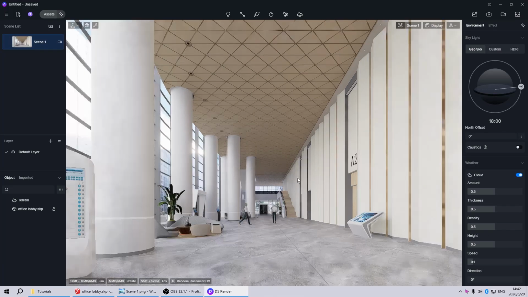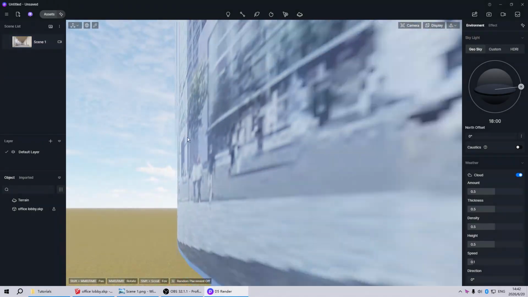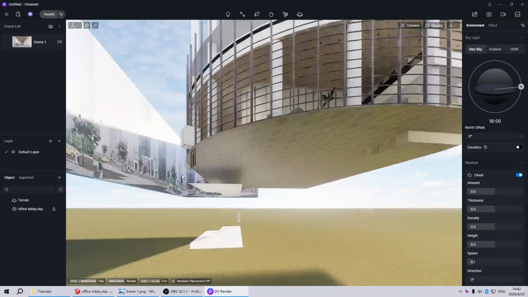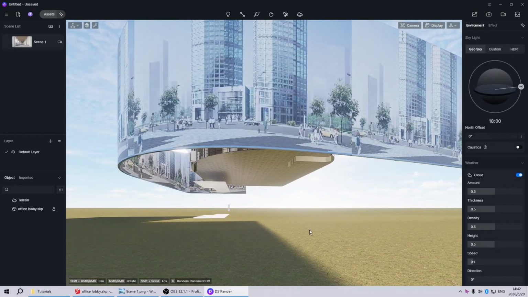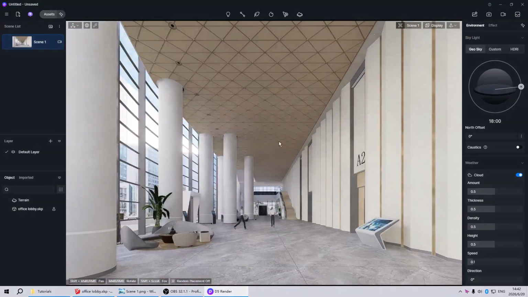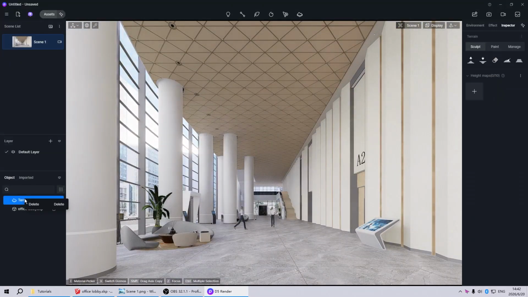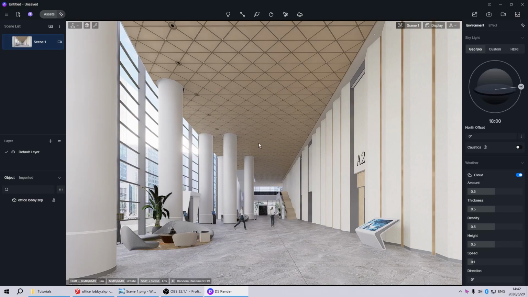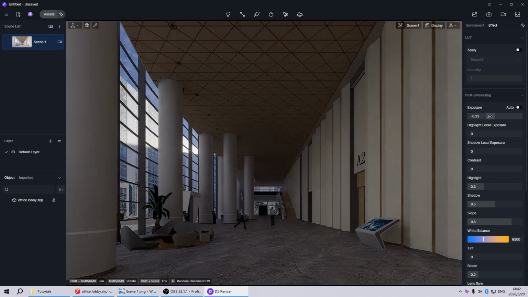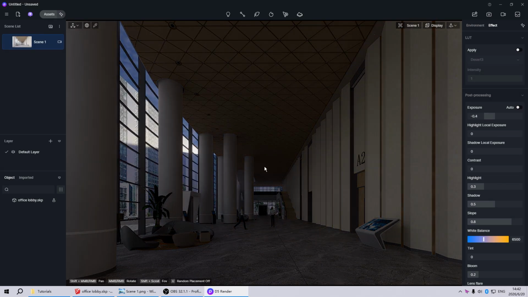Now let's zoom out to check the default environment. As we can see, we have the green terrain and blue sky. But sometimes those green and blue colors will bleed into our interior, causing unwanted effects. So I'm going to delete the terrain first. Now we need to go to Effect and turn off the auto exposure and lower this value, so when we place the light, we can see the effect. Let's update the scene and